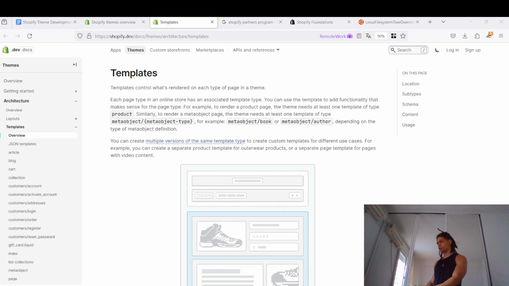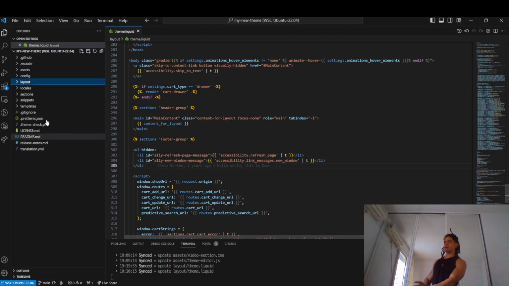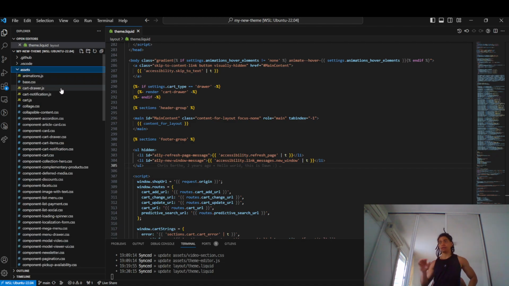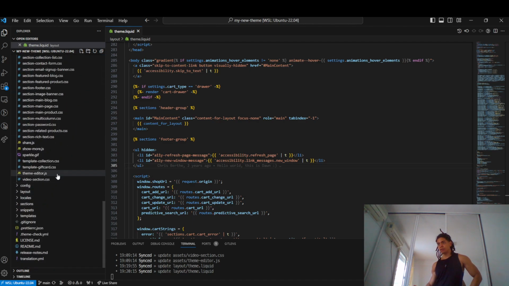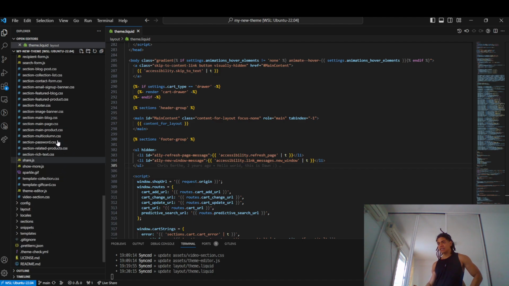Instead of me talking about this, I want to show the code here, so it can be more interactive in that fashion. So I talked about the assets, where you can define all the JavaScript and CSS files as you need to. And when it comes to loading all of those files, for optimization purposes you must have one